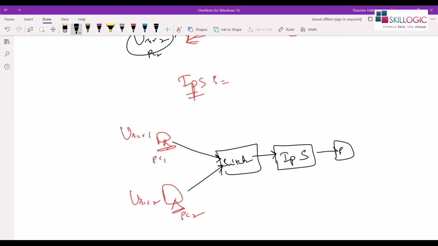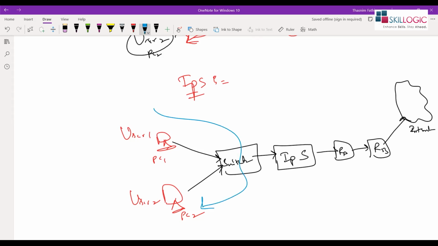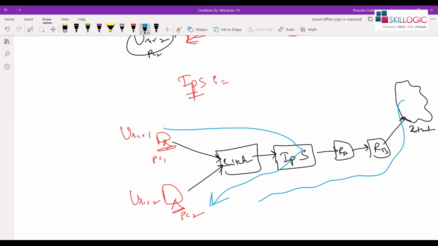And further we have router A and router B, and further they are connected with the internet zone here. If user 1 is trying to attack user 2, there can be two possibilities. User 1 can try to attack, or else from outside the world, an attacker can try attacking user 2. So here IPS helps in mitigating it.